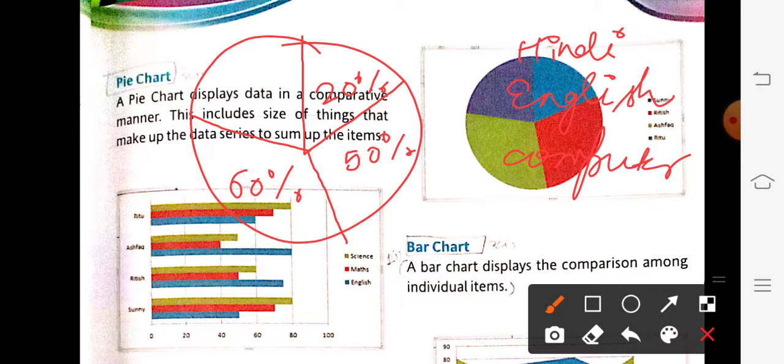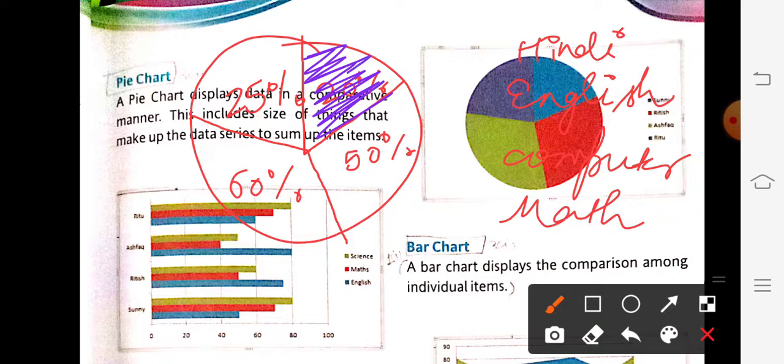and suppose 25% of the students like math. Fine. So I can use a different color to show this, like for Hindi में 20% of the students are interested, so I will show it with this blue color. So ये क्या हो गया हमारा हिंदी के लिए, I am using this blue color. Fine. Then for the next thing, for this one English के लिए we are using suppose green color, this, and